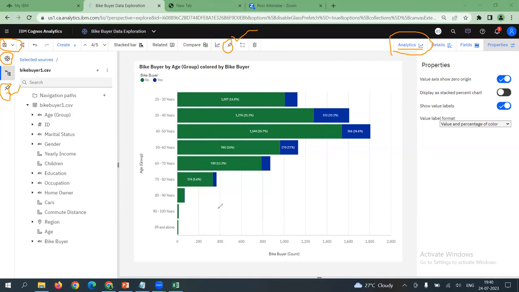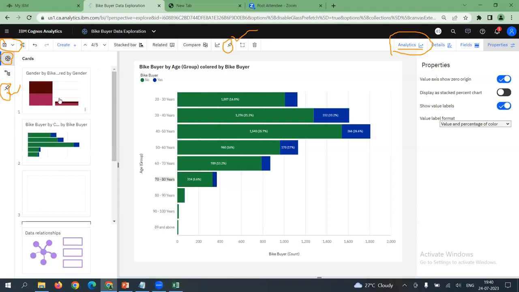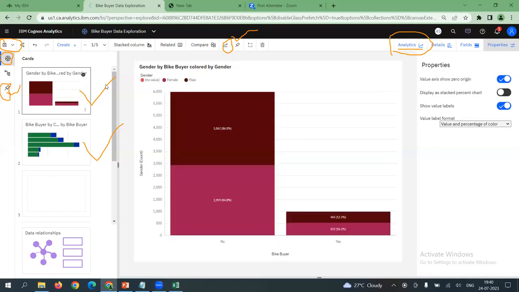Whatever visualizations we just now created, they are available under exploration. Do you want to see each of these visualizations in your dashboard? Are you interested to attach, pin, connect each of these visualizations on your graphical dashboard, participants, and make the visualization more dynamically interactive? If that is your objective, you can save these visualizations by clicking on the pin. For example, if I just click on this pin button on the toolbar or on the left side assistance, immediately the current visualization, if my current visualization is this and click on the pin button, notice Cognos is processing the pin.